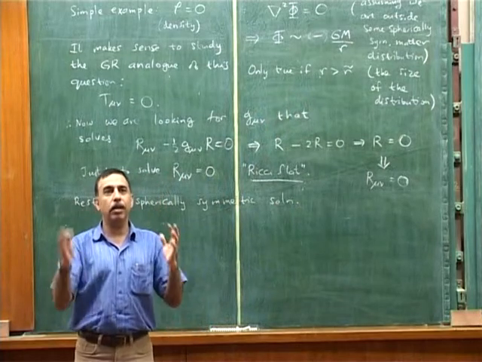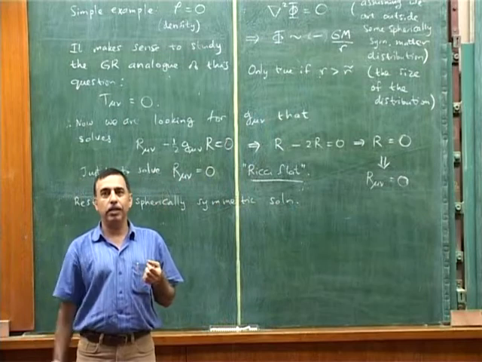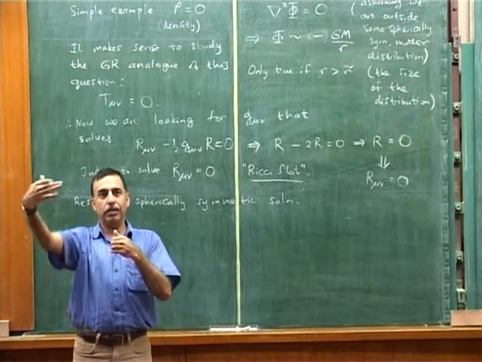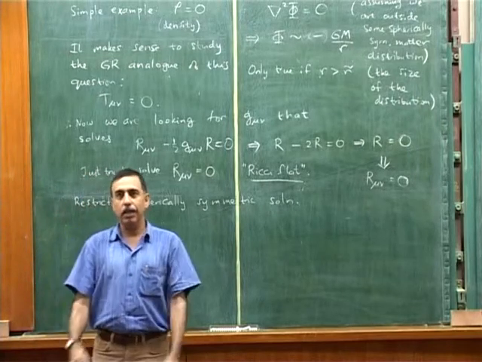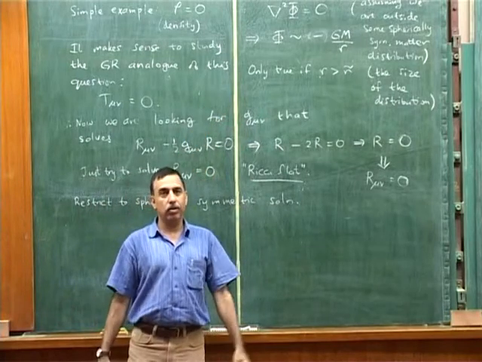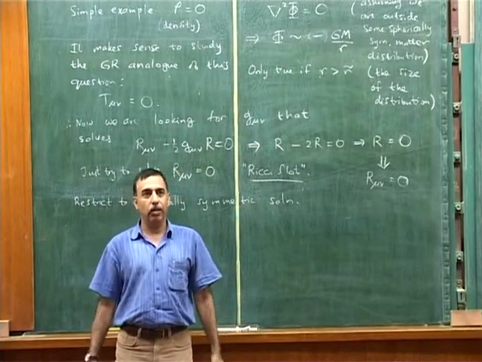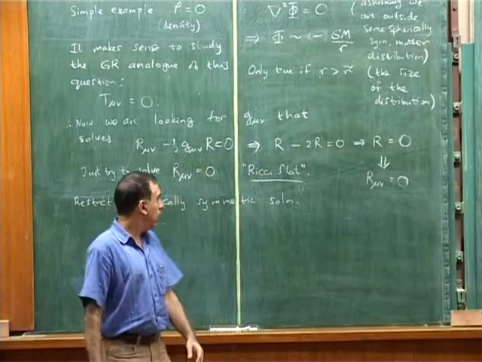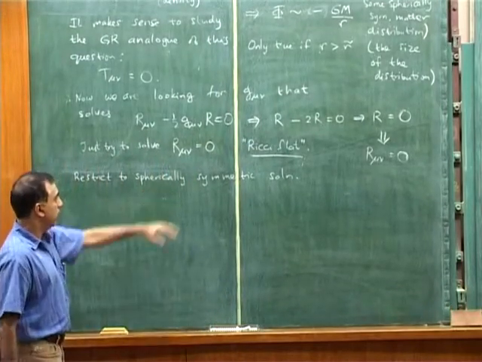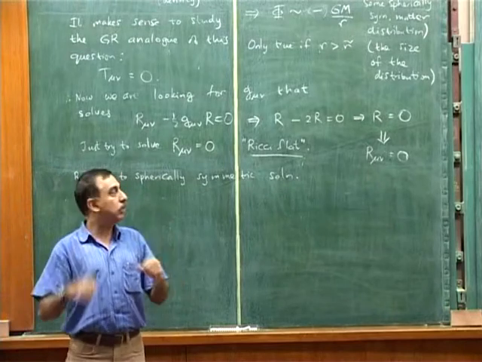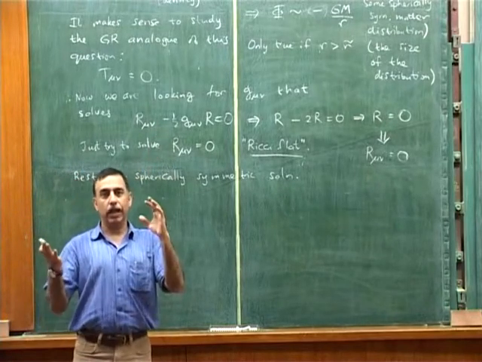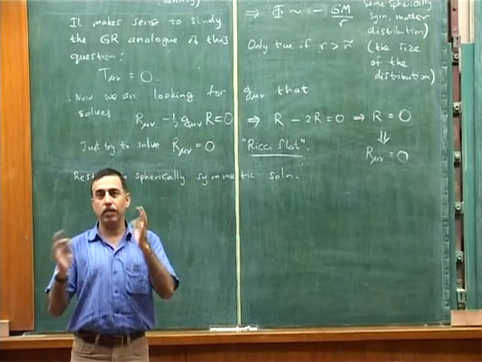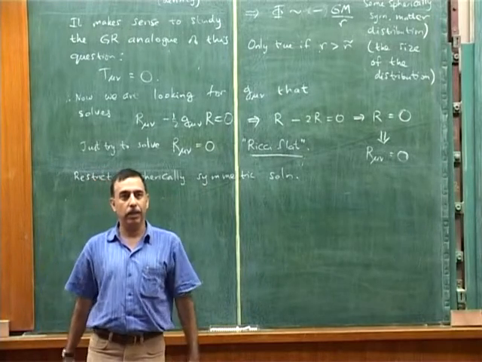If you have a very bizarrely shaped body, then the Newtonian potential close to it doesn't go like 1 over r. It might go like it when we are very, very far, but just outside that body, it will have theta and phi dependence, and it still will solve del squared phi equals 0. It's not a problem, but it's technically annoying and difficult to find such solutions in general. So we look for the most highly symmetric one, which is the spherically symmetric solution, which means that the metric will have exactly the isometries you would expect by spherical symmetry in space, the isometries you would expect if you just rotate x, y, and z arbitrarily into each other.